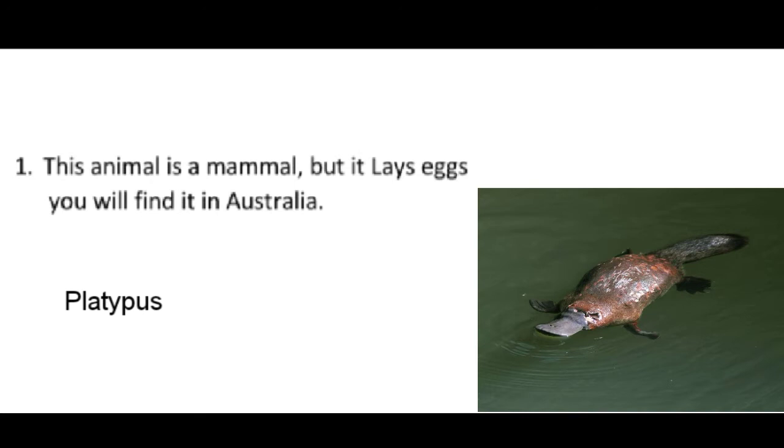The platypus is a duck-billed, beaver-tailed, otter-footed, egg-laying aquatic creature native to Australia. It is found only in Australia. It is one of the 5 mammal species that lay eggs instead of giving birth to young ones.